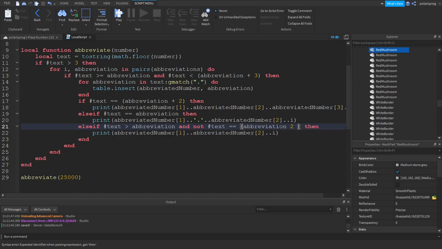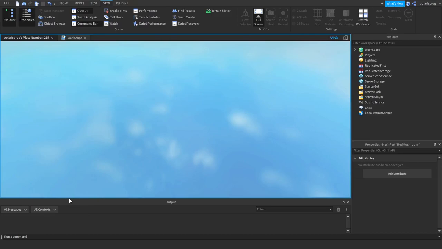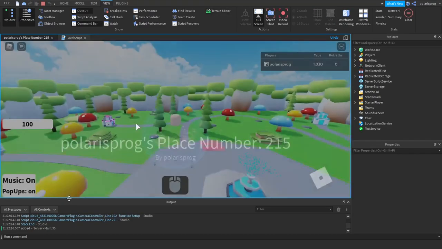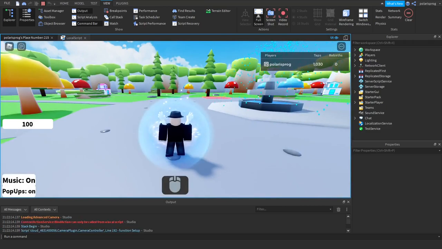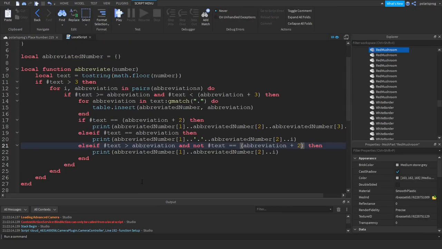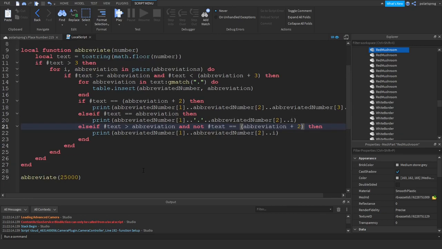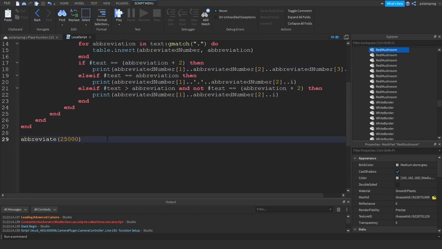Abbreviation plus 2. Okay, so if you put that, it should hopefully. Oh my god, it's so annoying. It didn't print anything. That's just great. Okay, so if it's equal to, wait, let's do something. So if I do,